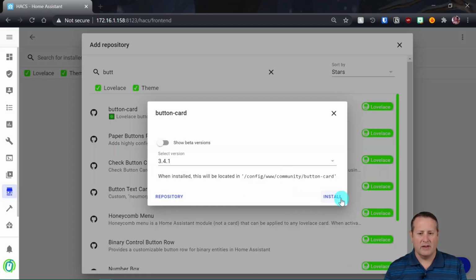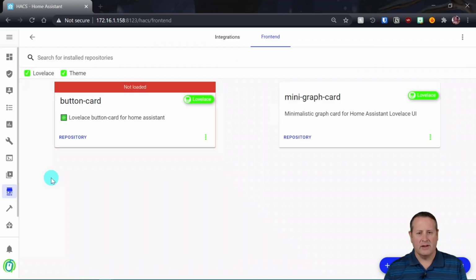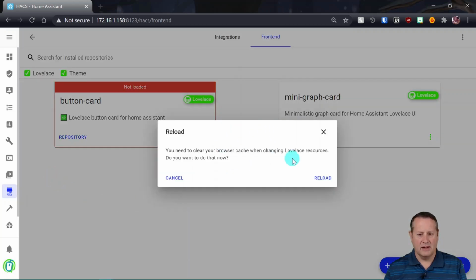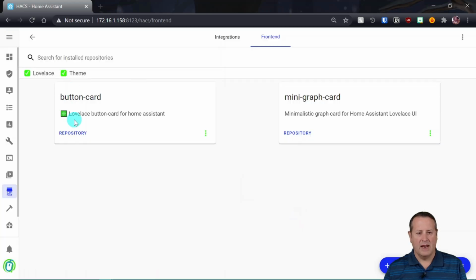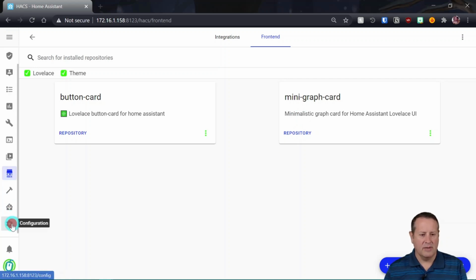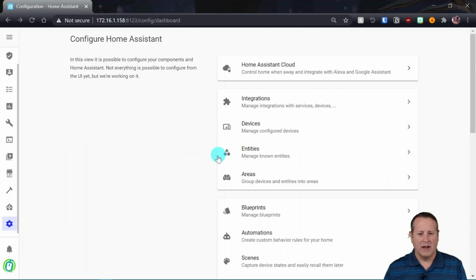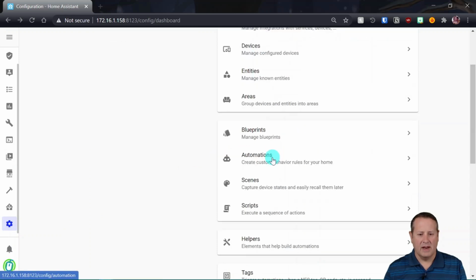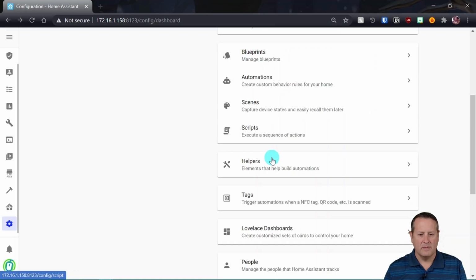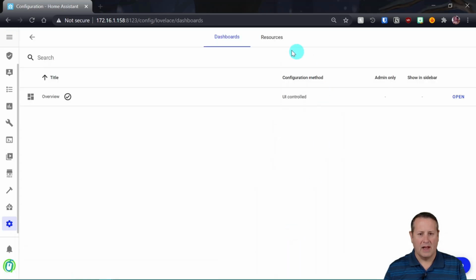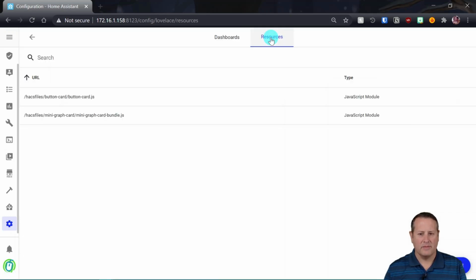They're all fairly simple. Click on install, and it tells you to reload the cache, which it does. So we reload the cache there. And now we have the button card and the mini graph card installed, and you can use these within Home Assistant. One thing you need to make sure you do is make sure those resources are loaded. I go to configuration, come down here to Lovelace Dashboards, and look at resources. I should see both of those two